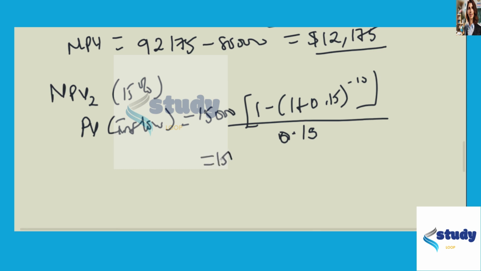So this equals 15,000 multiplied by 5.019, and this is